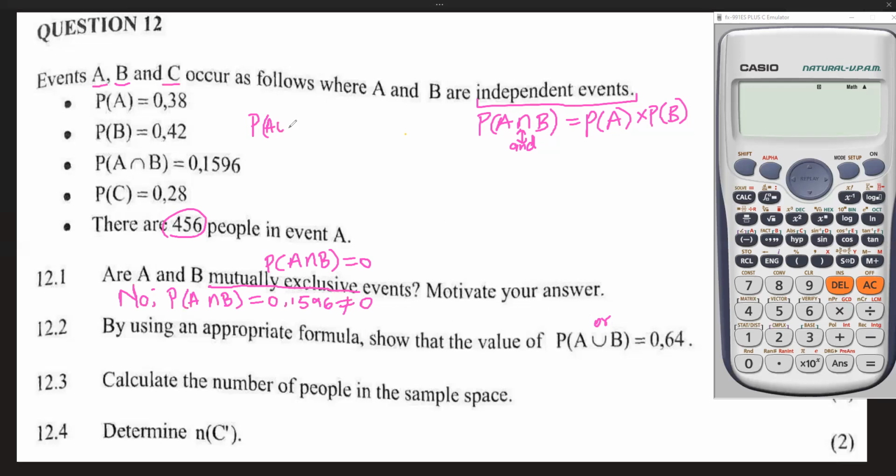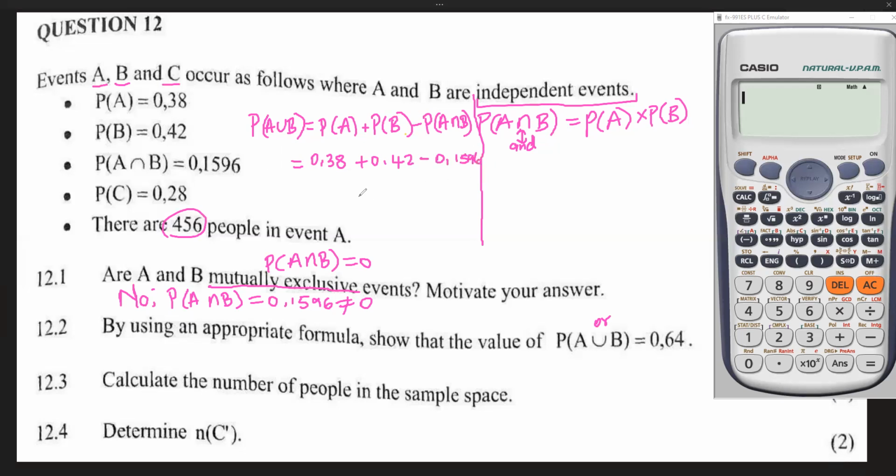P(A or B) is the same as P(A) plus P(B) minus P(A and B). This is the addition rule. Sharp. P(A) is 0.38, right? Plus P(B) is 0.42. P(A and B), so we're going to minus